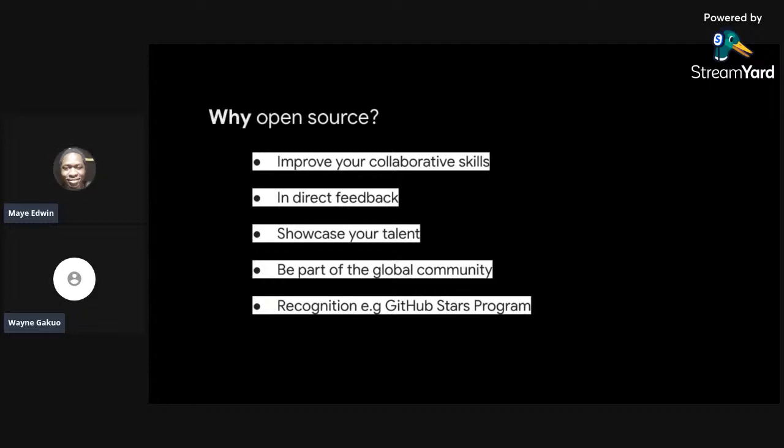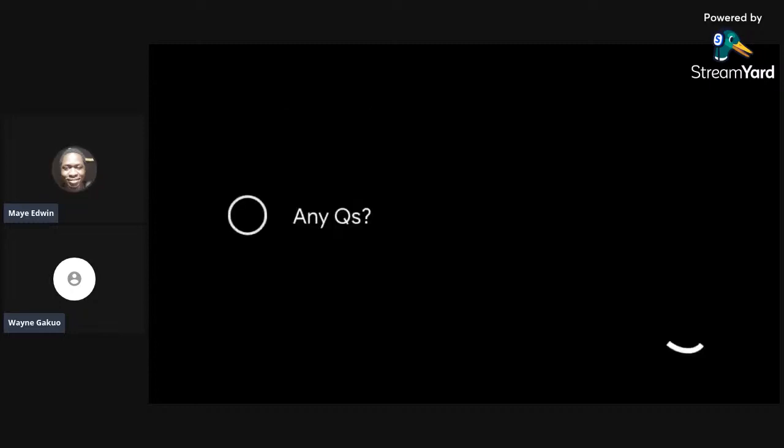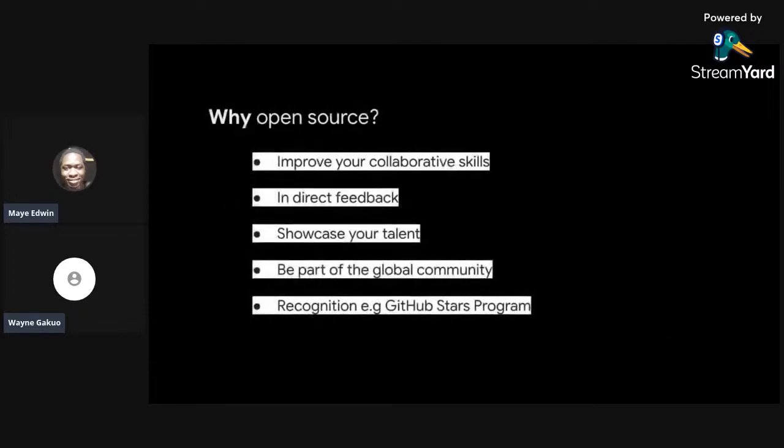It's an amazing program that tries to provide reach to software developers or anyone who is actually contributing open source resources, it could be UX, user interface designs, whatever, just to appreciate the global good they are doing to help other developers around the world build software on top of what they have shared out there. So recognition, personally and externally, from your colleagues, and some amazing programs like the GitHub Stars program.